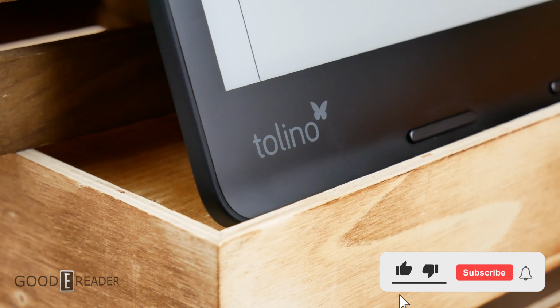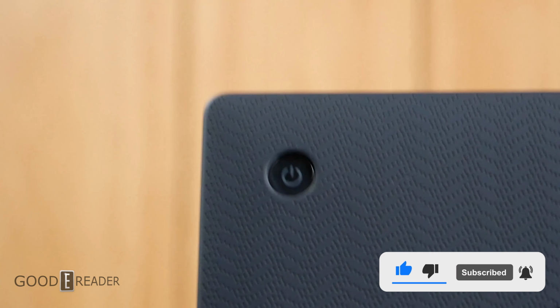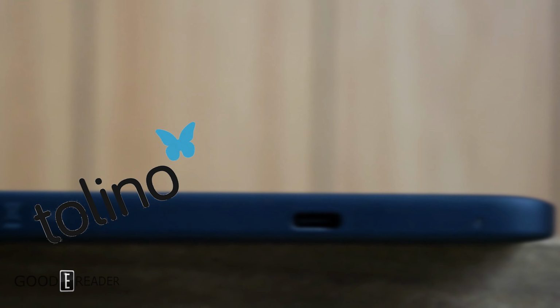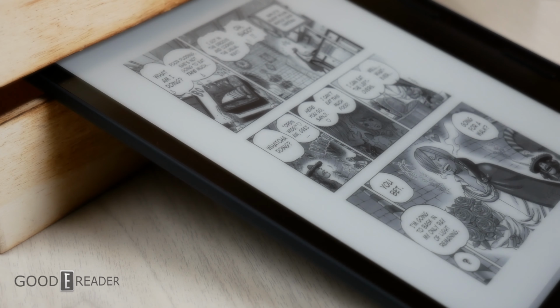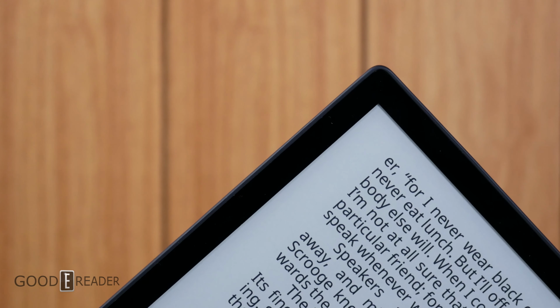Tolino Bambino. What is it all about? Well, to give you a quick catch-up, Tolino is a brand based out of Germany, Austria, and Switzerland since 2013. And since 2017, the device bodies themselves have been developed by the Canadian company Kobo, who are now owned by Rakuten in Japan. So that explains why it looks like a Kobo Sage, because it is, but it's a bit